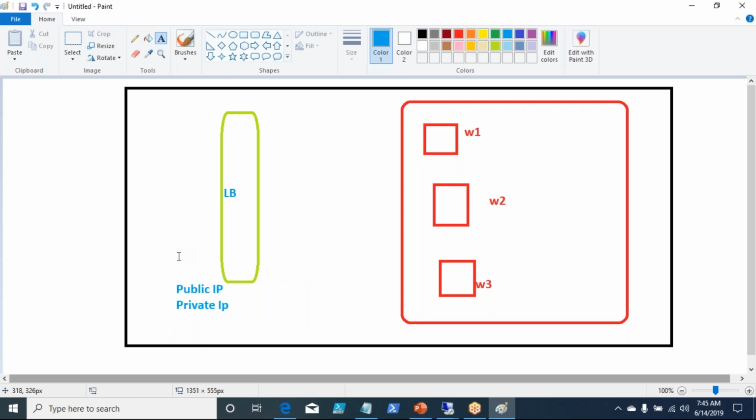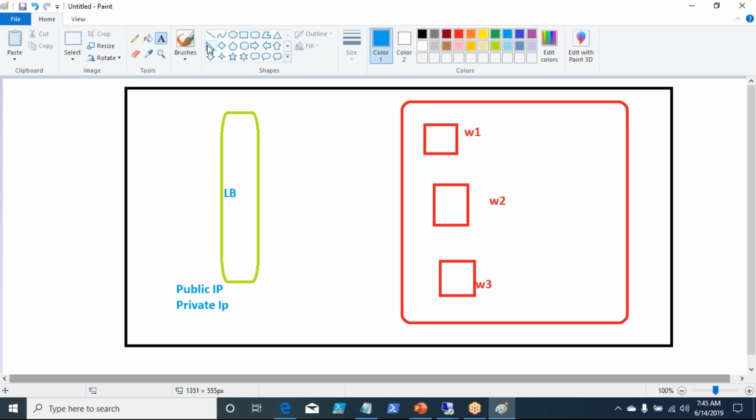When you create a load balancer, it will ask you whether it is public or private. If you select public, it will ask for a public IP address. If it is private, then it will select an IP address. If your virtual network is on 10.x, it will select a 10.x IP address. Right? Now it picks an IP address, and your load balancer needs an IP address.